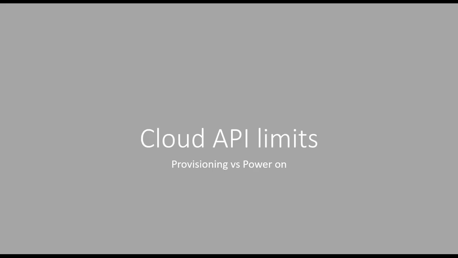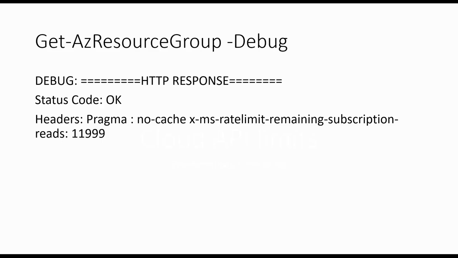There are ways to handle these limitations, such as requesting an increase or splitting your subscriptions out. But bear in mind that Power Scale, Autoscale, third-party providers, they all use API calls to be able to perform their function inside public cloud environments. So make sure this question is on your list for any suppliers that you're working with, and see how they recommend you manage it depending on what you're using. Specifically for Azure, you can run this command and it will give you the count of API requests you have remaining.